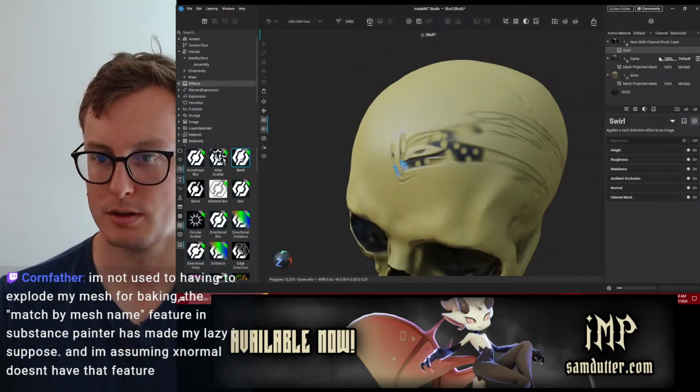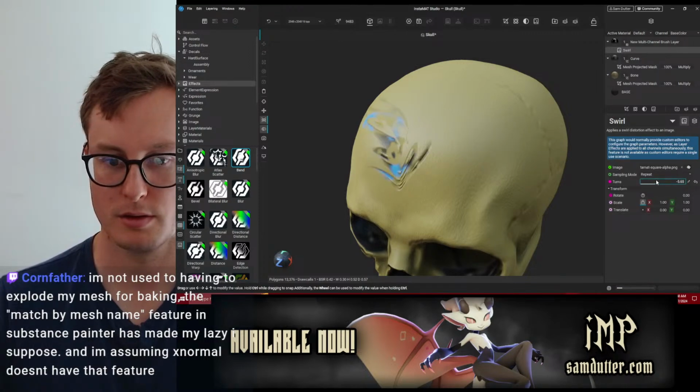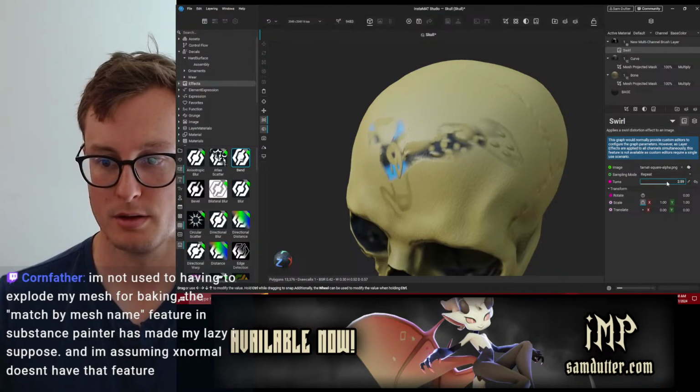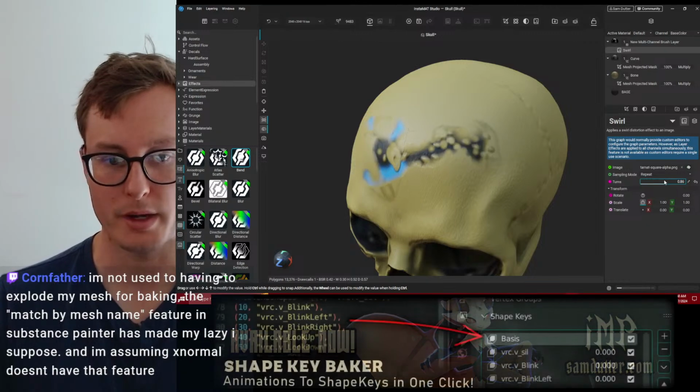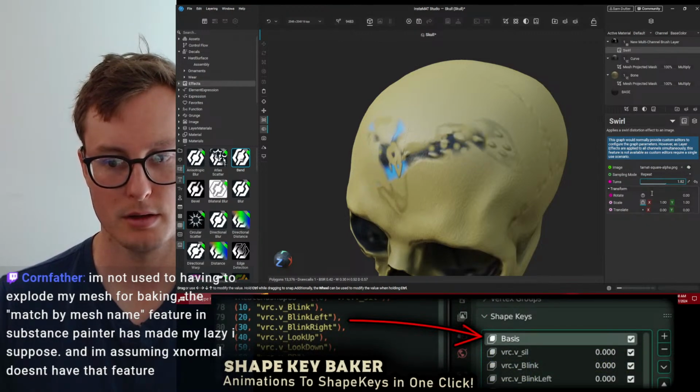Interesting. That's pretty fast, though. Oh, and it is 3D. Am I understanding that right? We can scale, translate. No, it must be on the UV map.